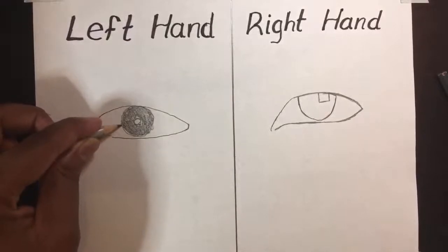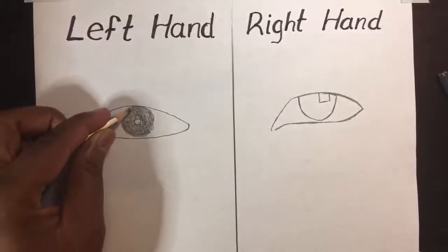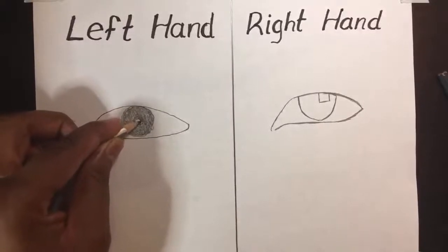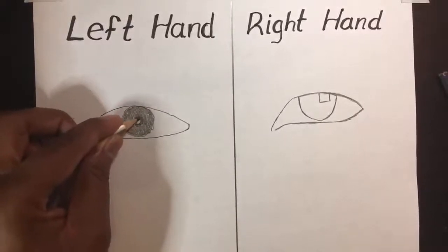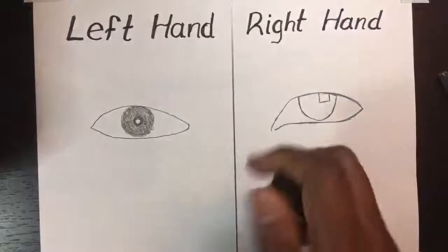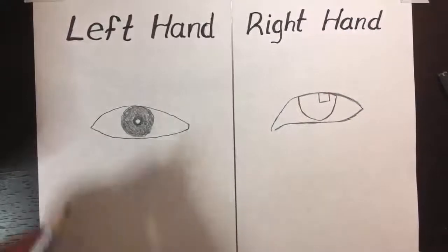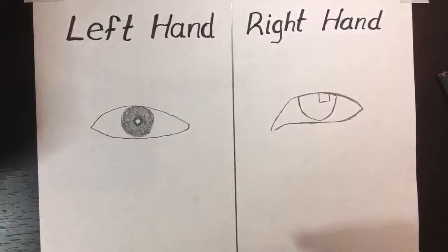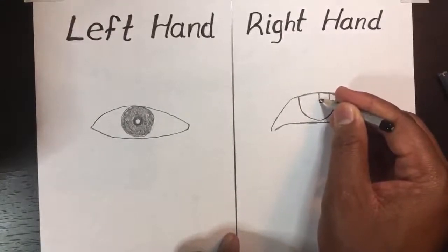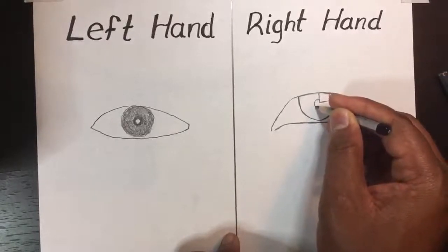So let's say they have colored it in that way, all in black, and they leave the center in white. Now, you as a proper artist, will you have to do the same thing? No, you don't need to do the same thing. As an artist, what you need to do at this point now, you need to make that black shadow. You have to make it this way